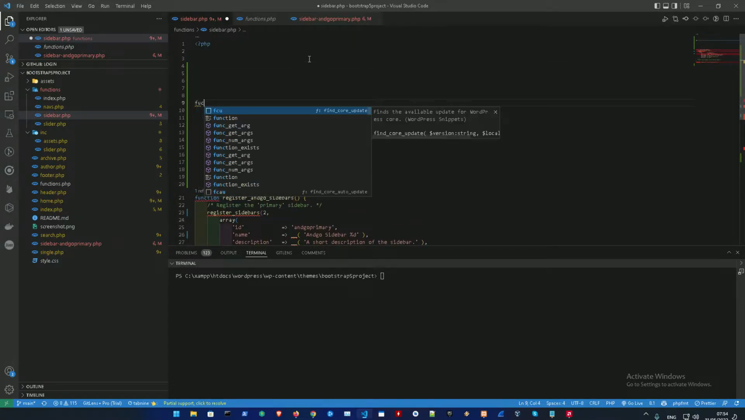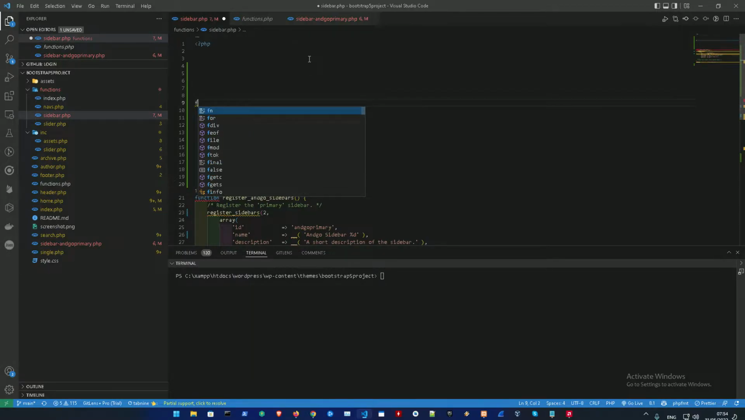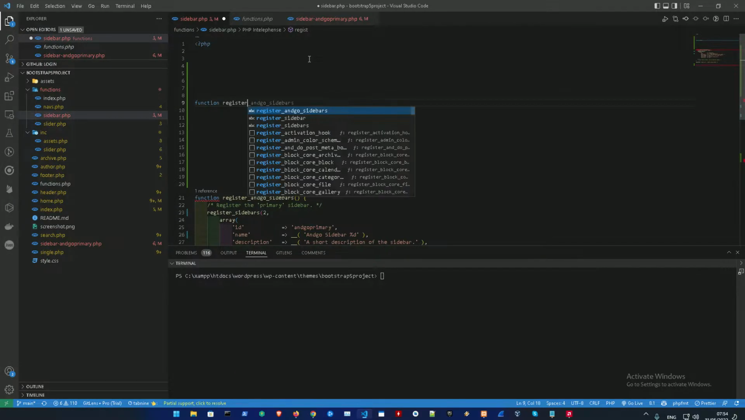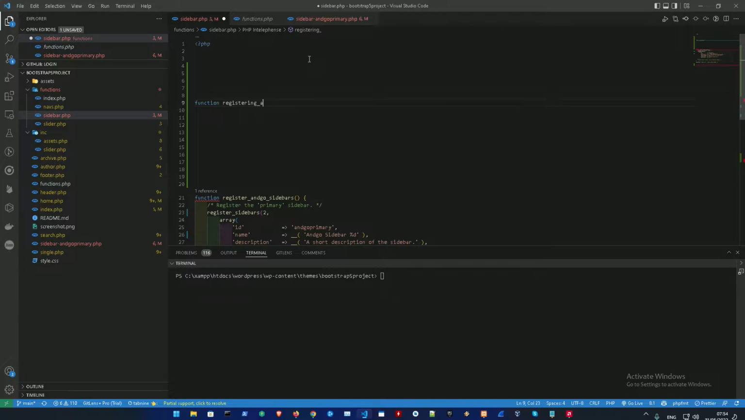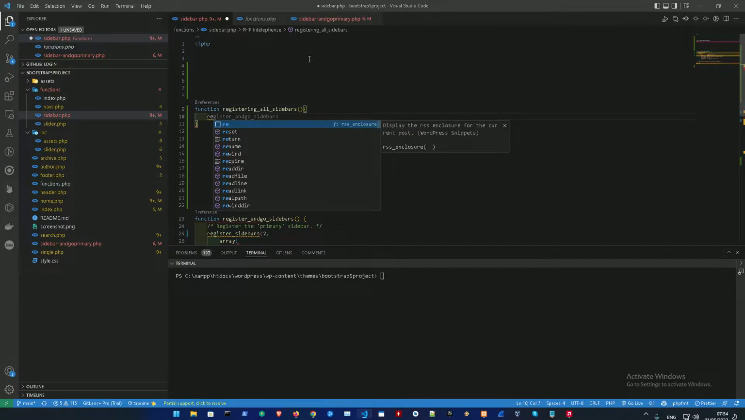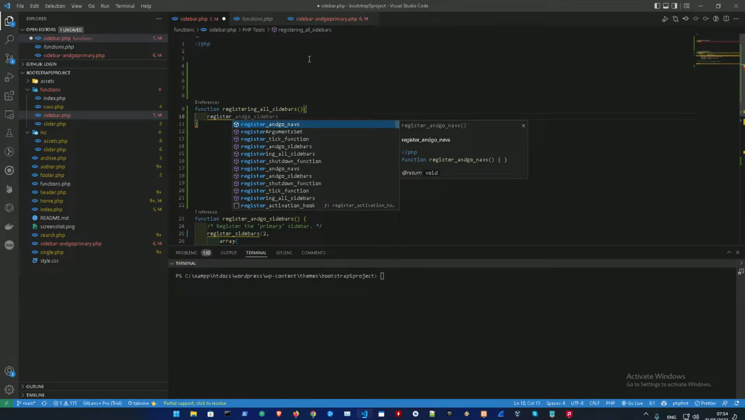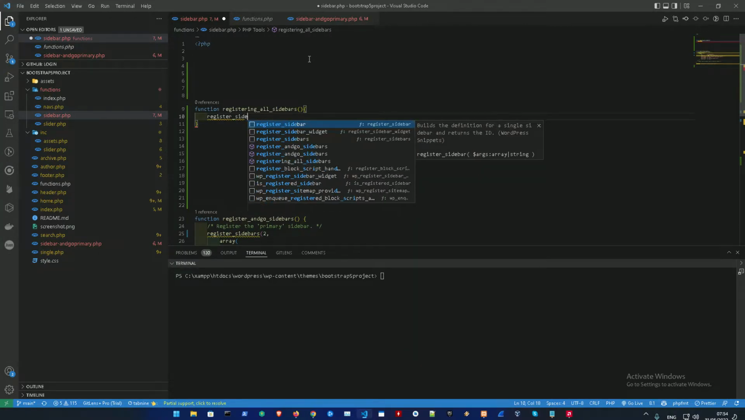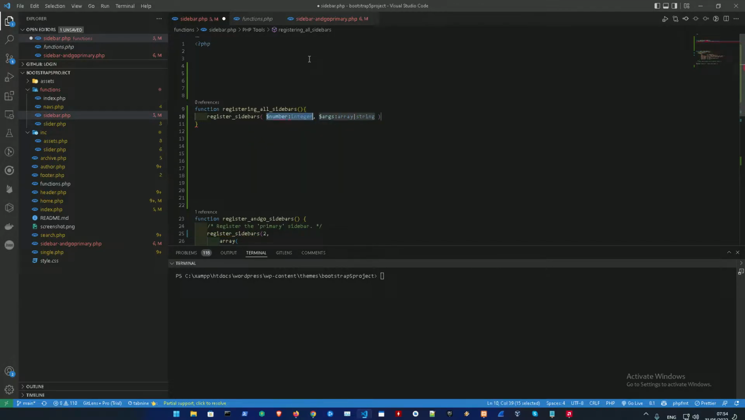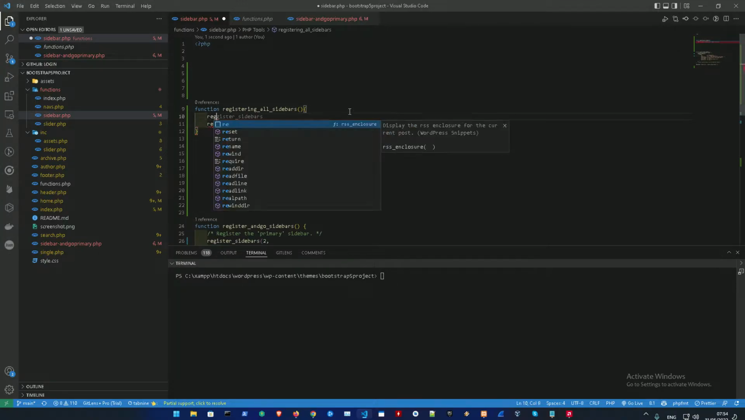Alright, we're gonna do a function of basically registering Ango sidebars, for example, because I did register Ango sidebars down there. So, and then we're gonna register the sidebars. You could do also a register_sidebar, but for now we're doing register_sidebars. Let me show you that and that. Alright, so register